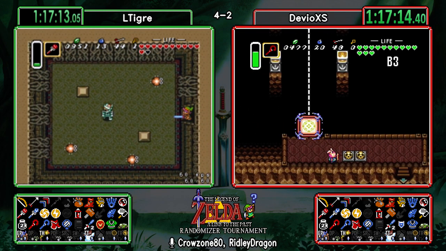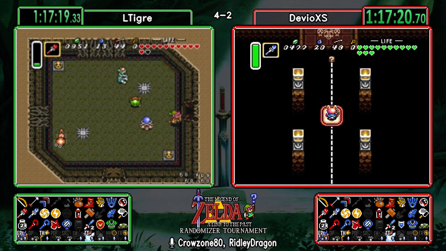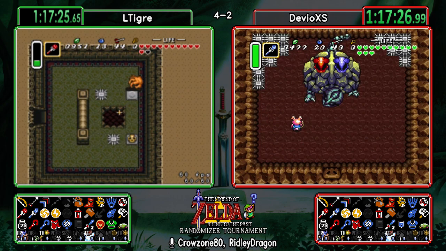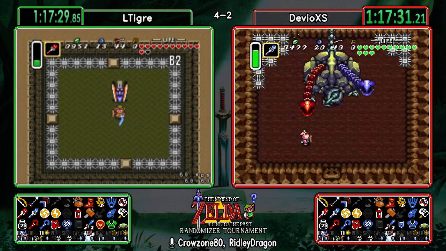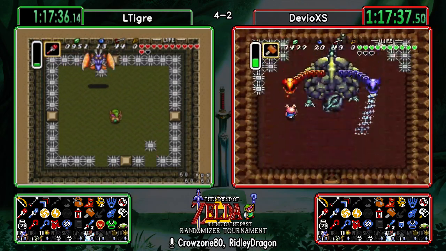All right, round 2 for Devio. And now we'll see if Mothula was the right play to make. Oh, you don't want to see 2 misses in a row there. Or 3 for that matter. 3. Or 4. And that's it. He can't... I don't think he can finish